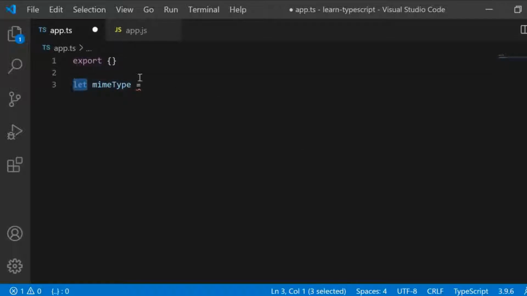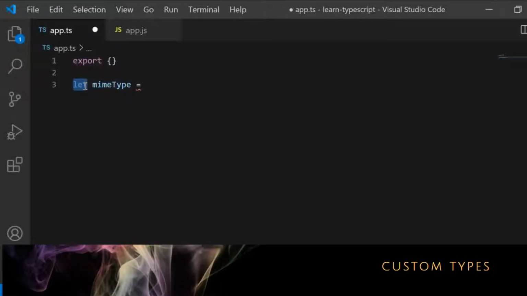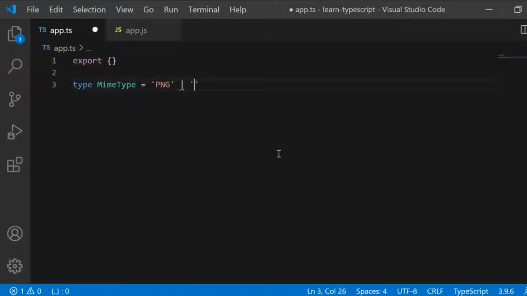We can tell that this mime type is a type. So this way you can define a type, and I'll quickly show you after this how to use it. So this is a type called mime type, and it has 3 values: PNG, or JPG, or PDF.